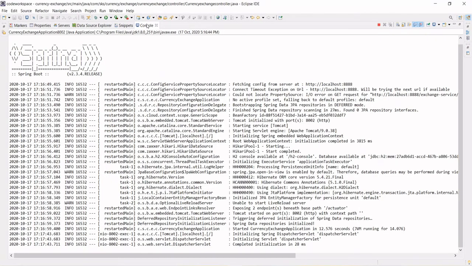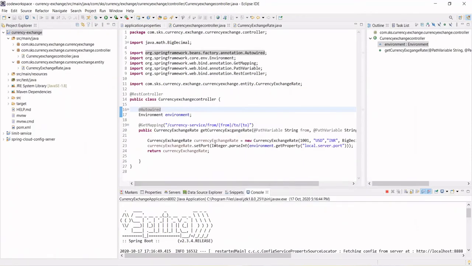So this is how you can set the port dynamically. Earlier you were setting the port hard coded, and now we have set the port dynamically. We take the port from the environment and set it dynamically.